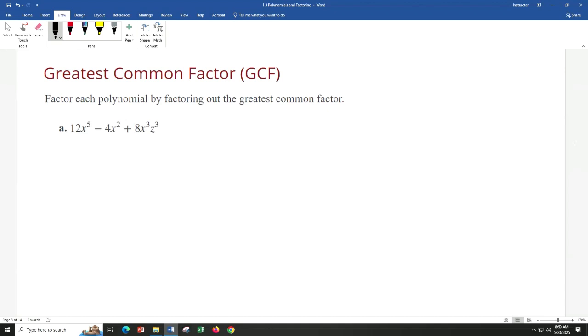Then I look, is there one common variable going all the way across? Well, yeah, there is. There's an X. Immediately my brain goes, okay, I know for a fact I can factor out X. You're always going to factor out the lowest power of the variable. Okay, well, that helps out. Which for this one is going to be what? X squared. Yeah. So I know there is an X squared that can get pulled out, but now we need